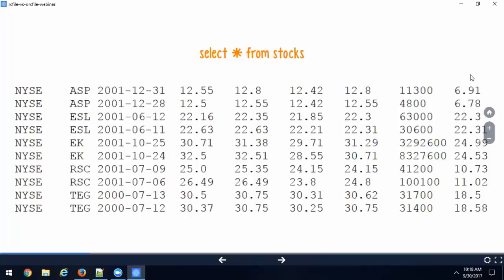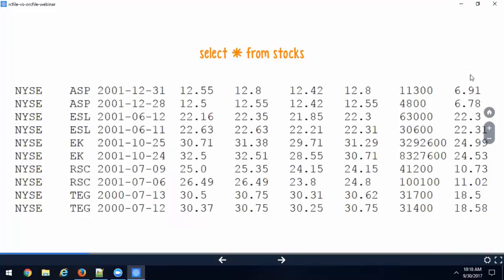So this is a traditional table, a row by row table structure. This is how we see the data when we run a SQL query against MySQL, SQL Server or Oracle. This is how our mind is trained to visualize data. We love row by row formats because that's how we are trained. That's why in Excel we have rows and columns. It's very easy for us to see. But is it efficient from the computer's standpoint? Is it efficient to have our data in this structure?